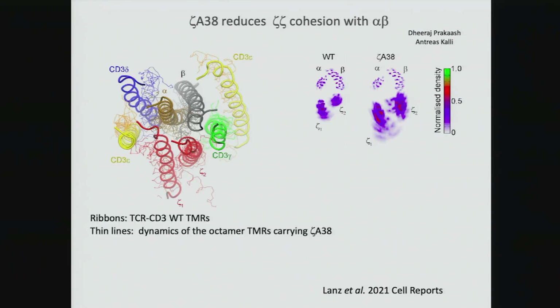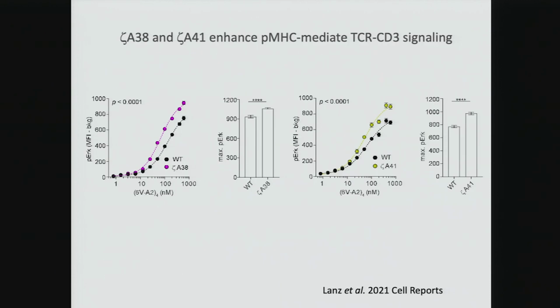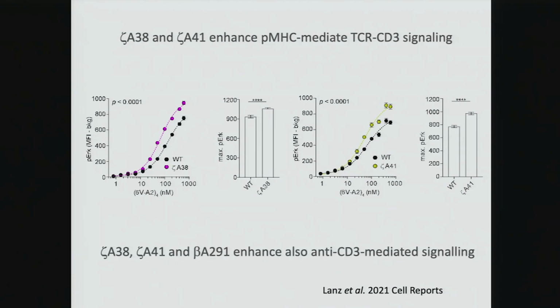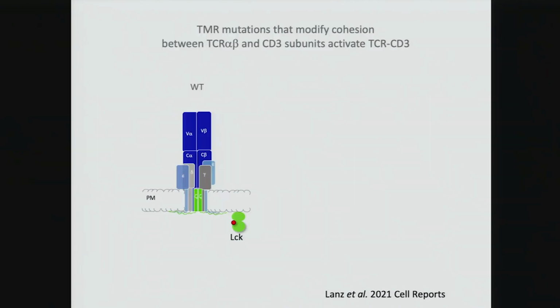Anyway, so the answer was that the mutant in a simulation, which is shown here, in fact moves more. You can actually see this behavior. So these mutations were loosening zeta vis-a-vis the rest of the complex, and in fact gain of function and reduced expression.